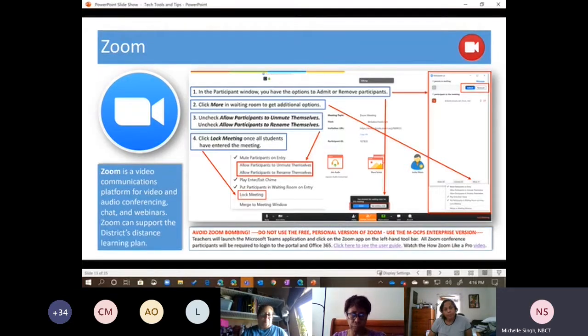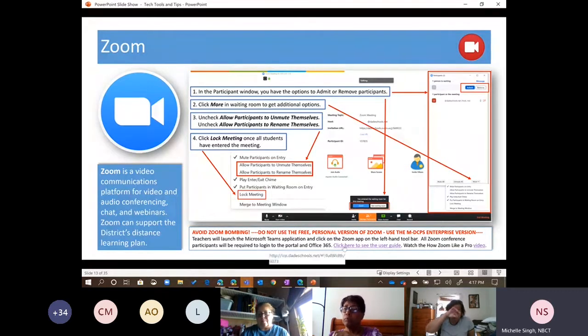So now you have two tools that you're using, one for communication and one for online meetings. Okay, so Zoom is recommended to be used inside of Microsoft Teams from the district's user guide. And because there's so much Zoom bombing happening, and to kind of protect the students, one layer of protection is by logging in using Microsoft's